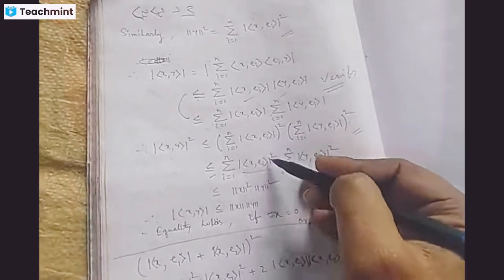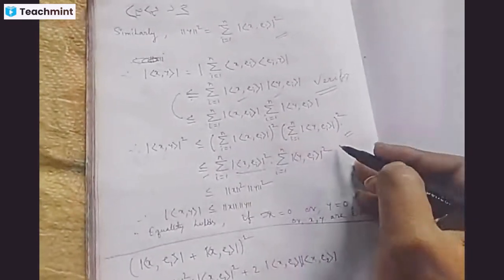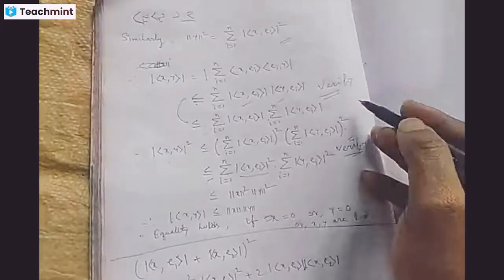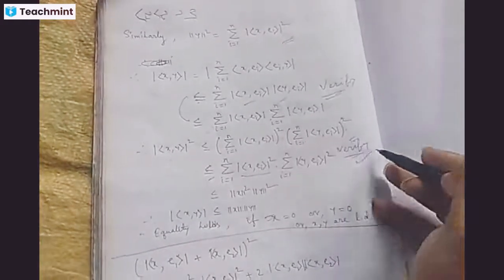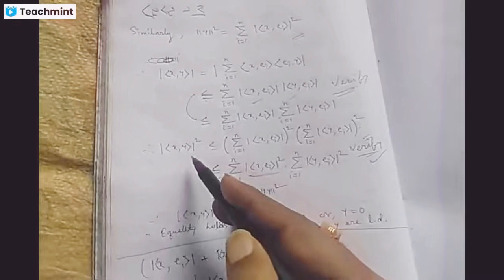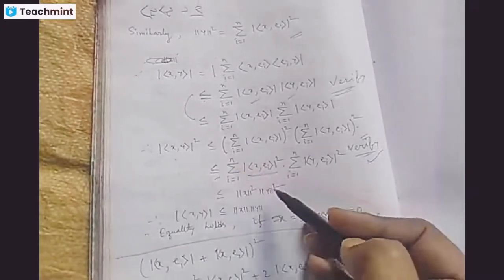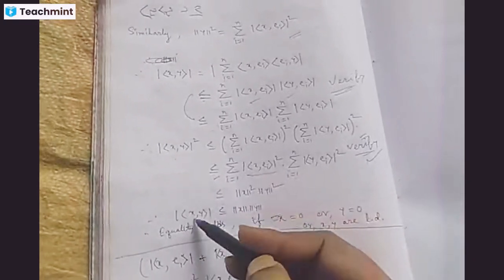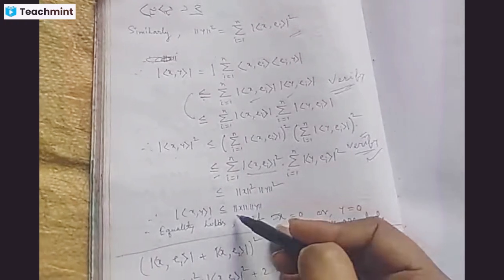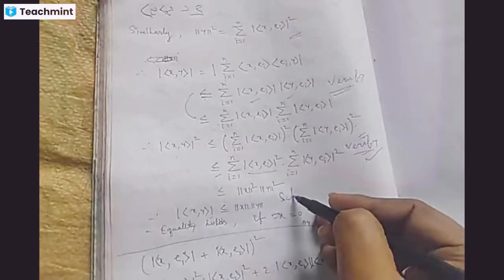So this is very important. You cannot just write down less than or equal to; it works here. I have verified this result, and you can also verify this. You have to verify these two results first, to ensure that the result is true. Then very easily this inequality can be established, if we take the square root from both sides. So the modulus of the inner product of x and y is less than or equal to the norm of x times the norm of y. This is the Cauchy-Schwarz inequality.